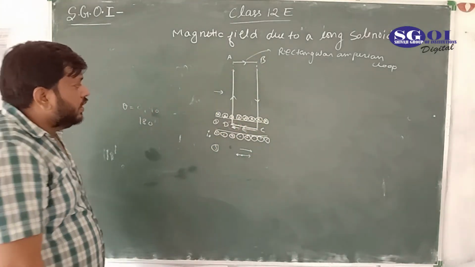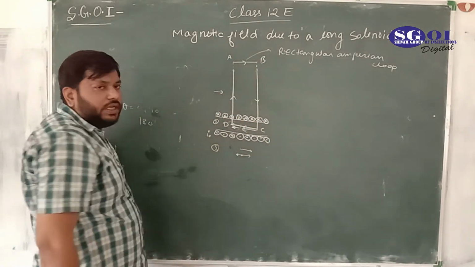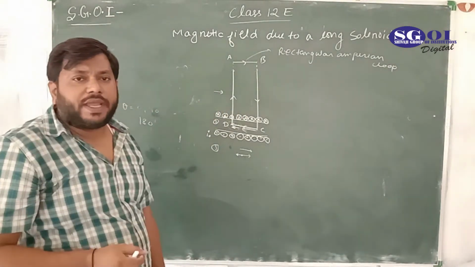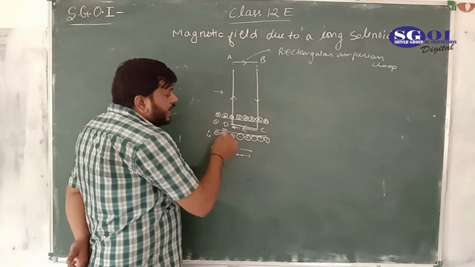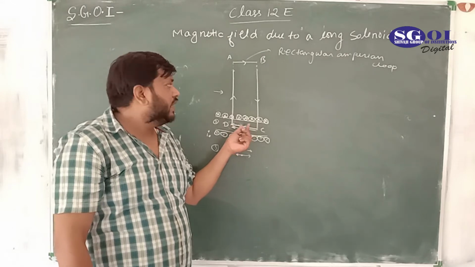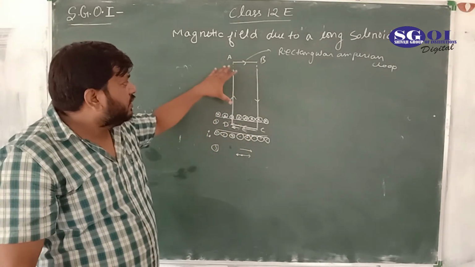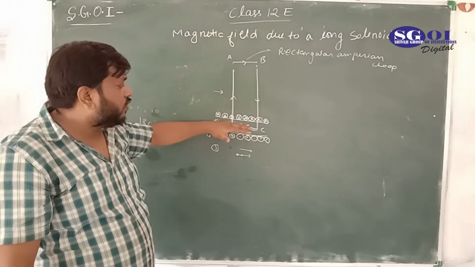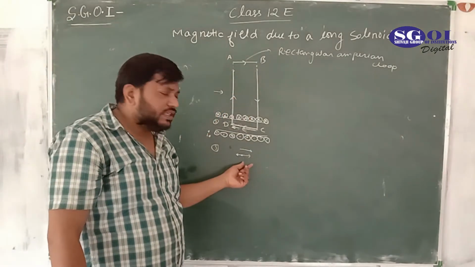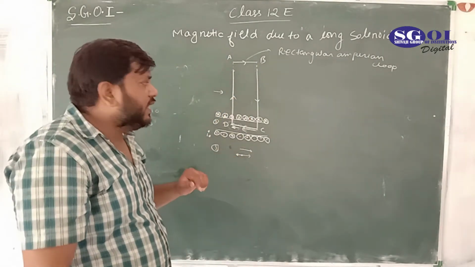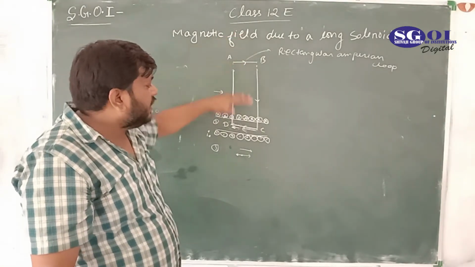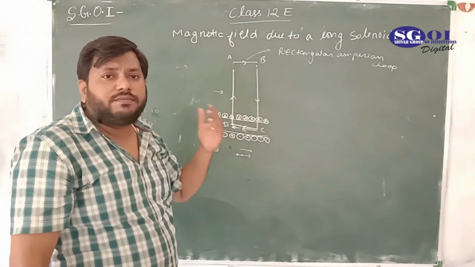Now integrate over this. So let's integrate. Actually, we want to find the magnetic field inside, because inside we have seen that the magnitude of the magnetic field is significant. Points A and B are taken at a large distance from this solenoid, and we have seen that outside this region the magnitude of the magnetic field is very less, and if you take this AB length at a very far distance from the solenoid, then the magnitude becomes negligible.